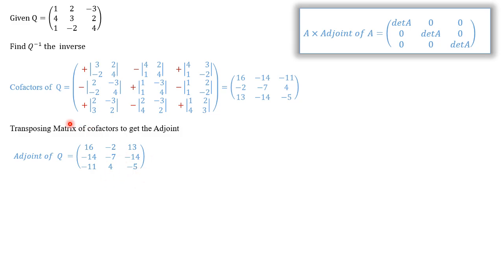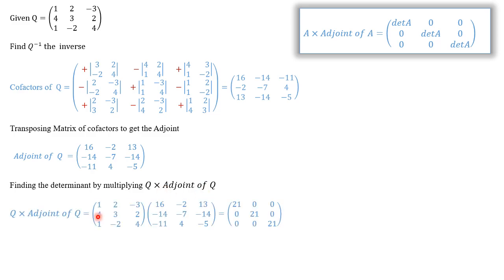So we know that if we multiply the matrix Q and its adjoint, we are going to have the determinant on the leading diagonal, and the other elements will be zeros. So let's multiply Q and its adjoint here. Q times adjoint is row by column. The first row multiplies with the first column, first row with the second column, then the first row again with the other column here. So this will give us 21